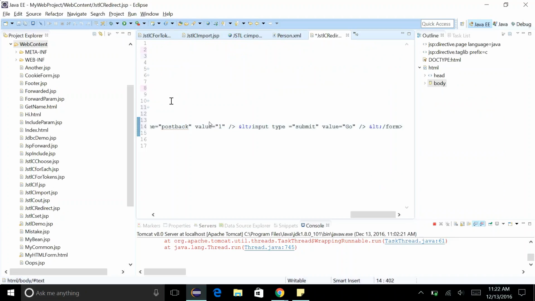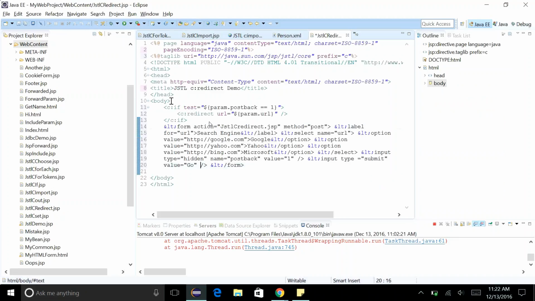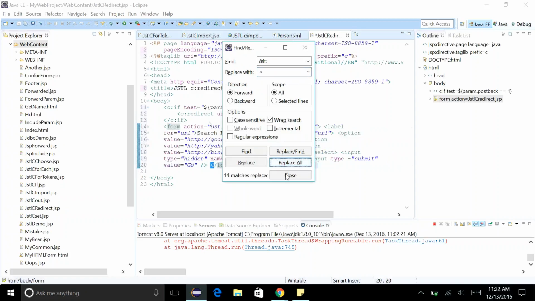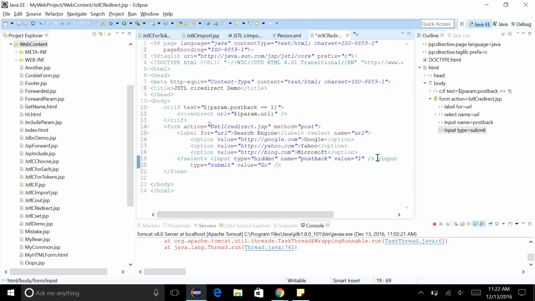And first of all, find and replace that &lt; thing. &lt; semicolon, Control F, replace with less than symbol, and then click the button Replace All, and then the close button. Then come back and press Control Shift F. Alright. So here you can observe that